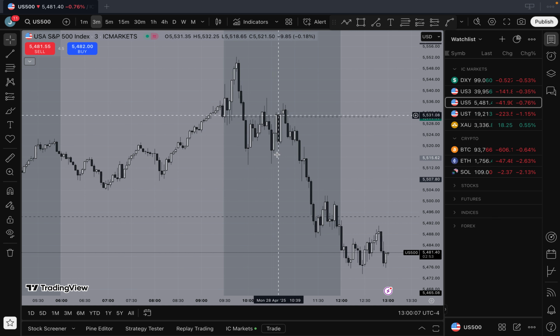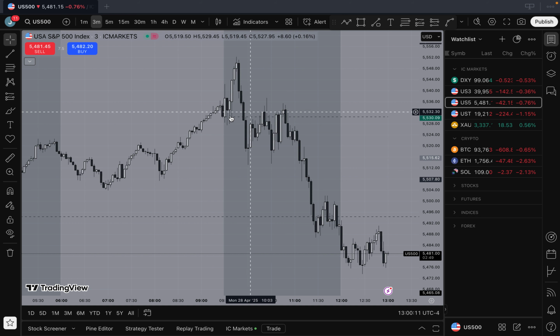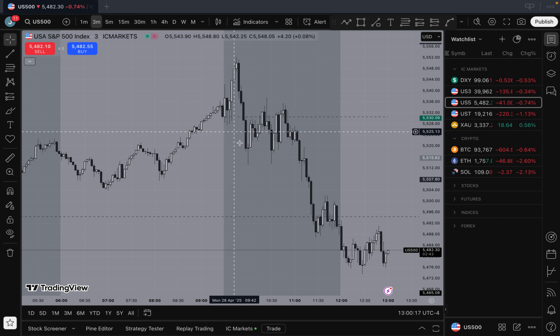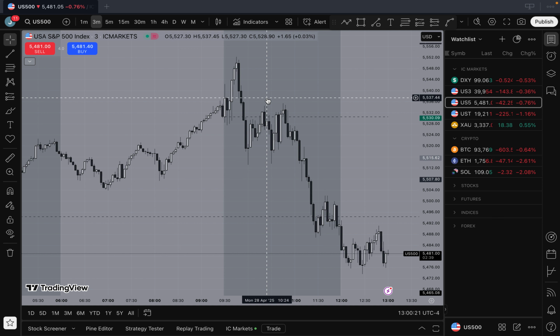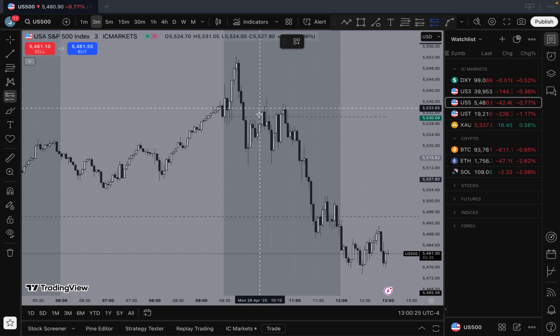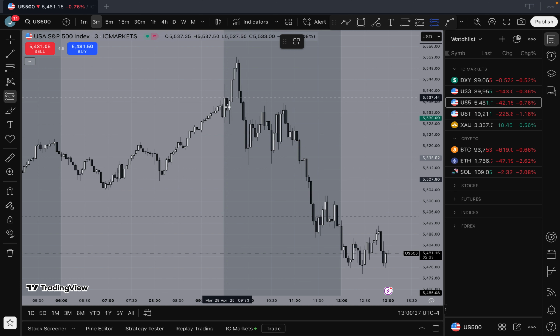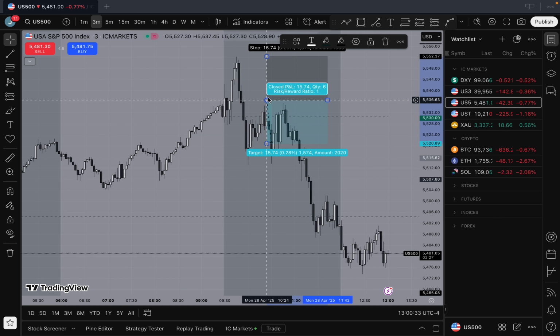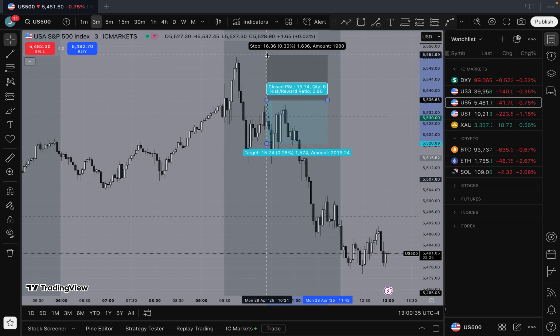There's a lot of accumulation going on here, and you can see we trade below the New York AM opening price, and then we come back into this imbalance here. Now if you were going to take a short position, you could take a short either here off this order block, or you could aim a bit higher and go for this imbalance here in the 3 minute. I think the 5 minute probably looks a bit cleaner.